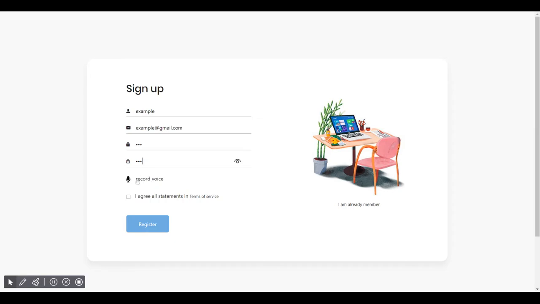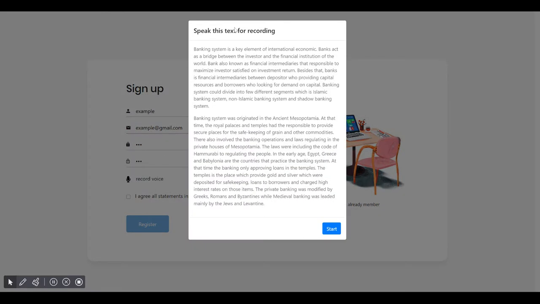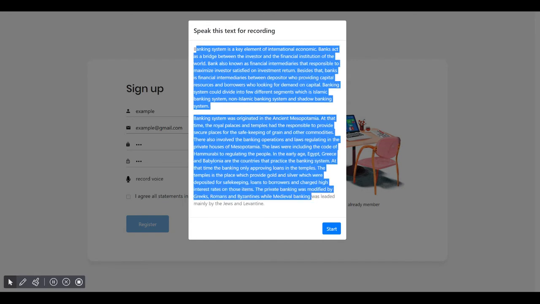And now when you click the record button, a modal or dialog box opens where two paragraphs of text are displayed. The purpose of these paragraphs or text is that the system will get your voice while you record and while you're reading these texts. The system will train the model over your voice while you are reading these texts after clicking this